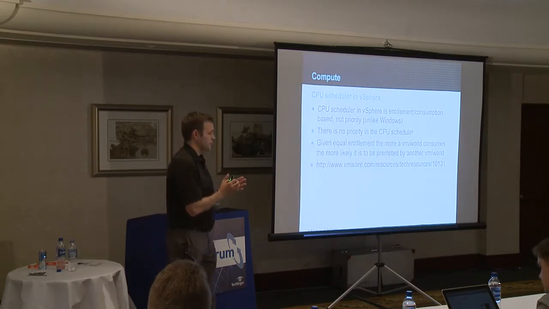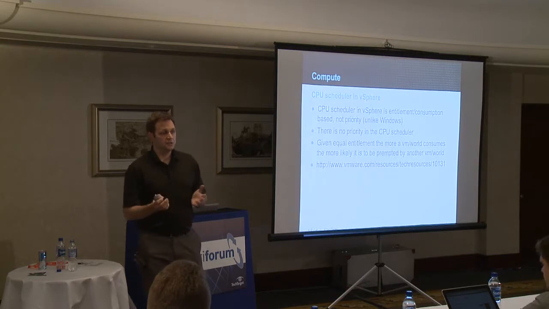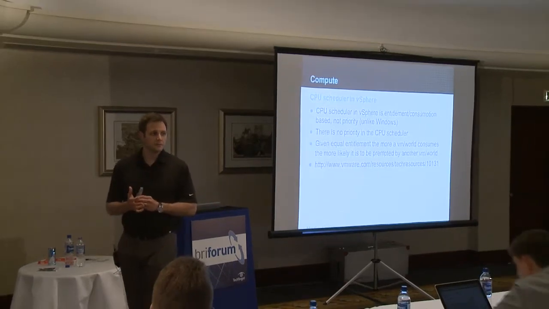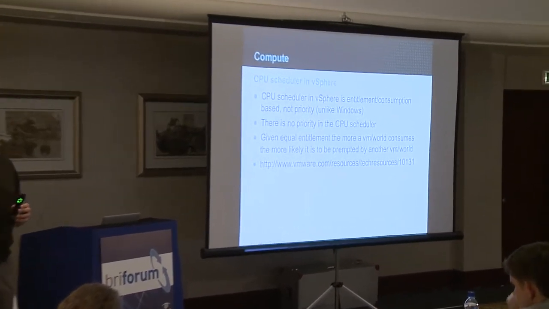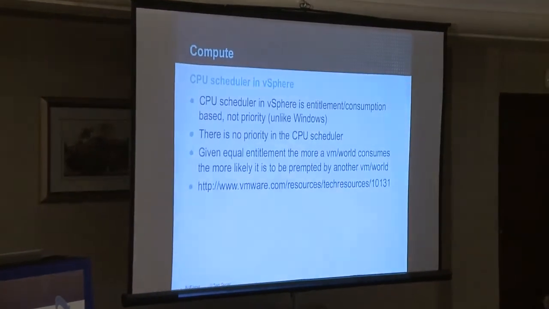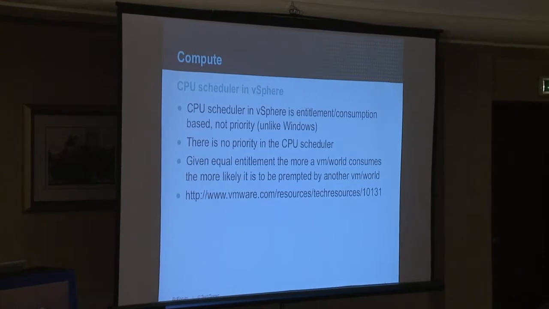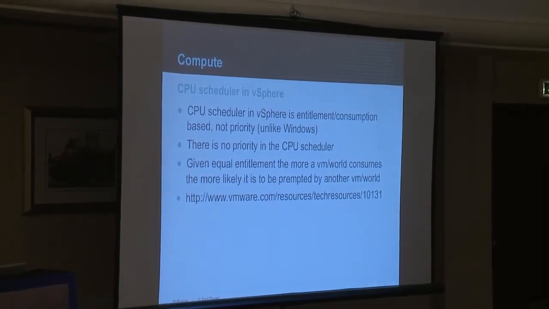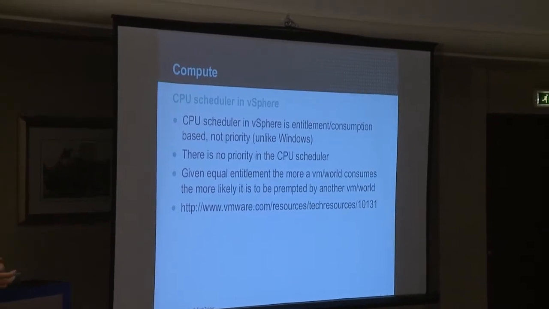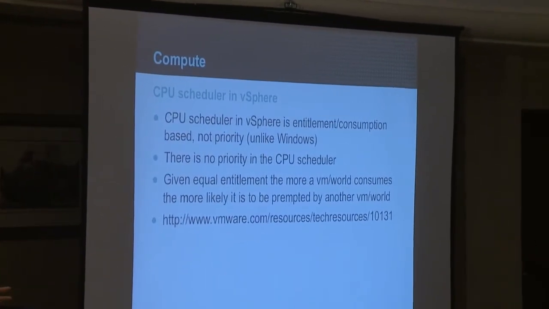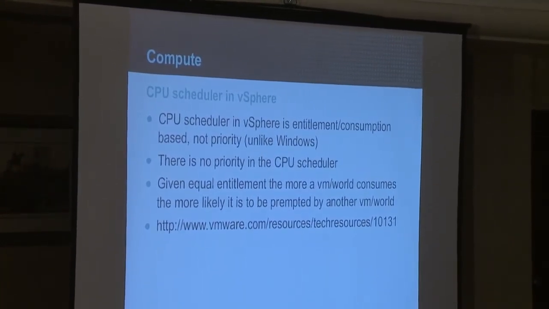So a little bit about the CPU scheduler in vSphere. Windows and Unix systems use a priority, right? So threads get spun up, they have a priority. Threads with a higher or lower priority, however you want to look at that, can preempt threads that are less important. Well, I think people believe that that's the way the vSphere scheduler works. And in fact, it doesn't work anything like that. There is no priority within the vSphere scheduler.